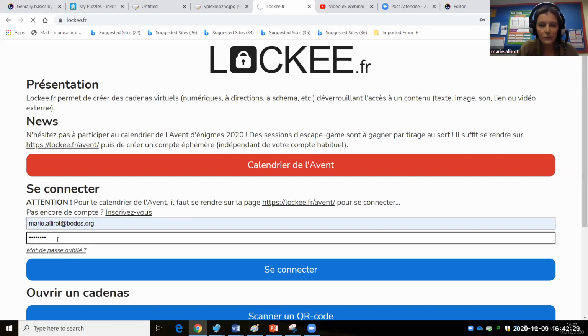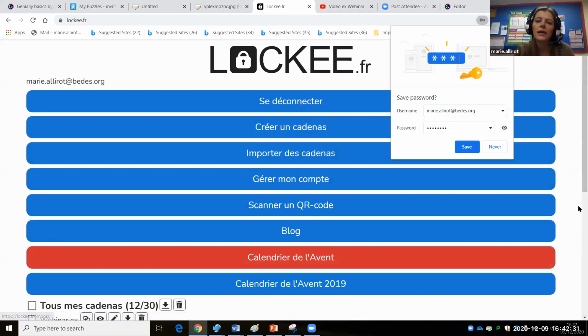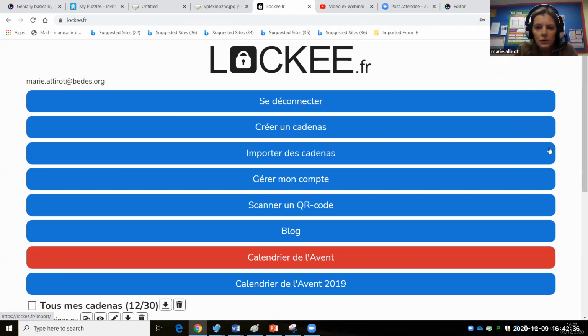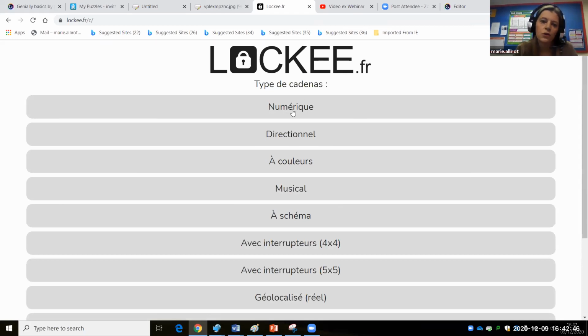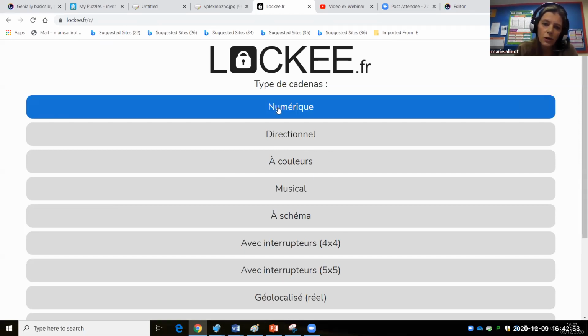You create an account, and you can create loads of different locks. So you click on create a lock. I'm going to write a name, for example, a webinar. And you can do one with numbers, direction, colors. I've used colors quite a lot, and quite a lot of different things. Today I'm going to do numbers.